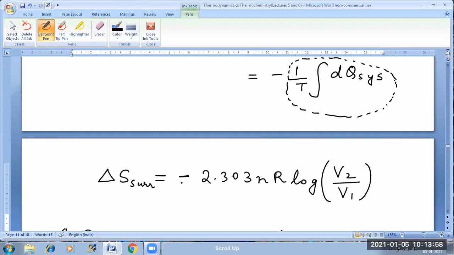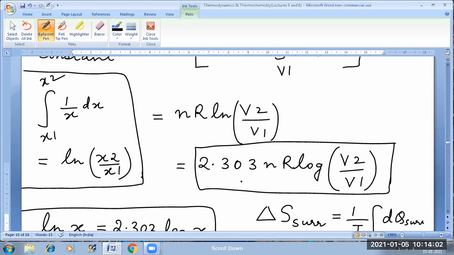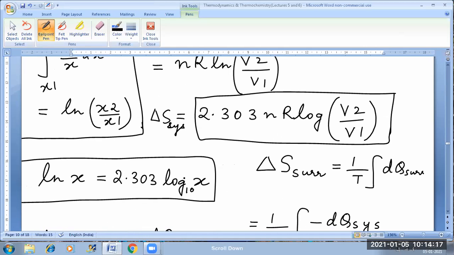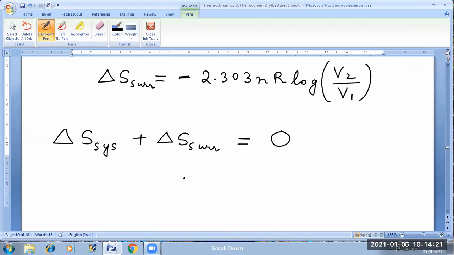This is delta S surroundings and this is delta S system. The values are the same, just the signs are opposite. Correct? So delta S system plus delta S surroundings is equal to 0